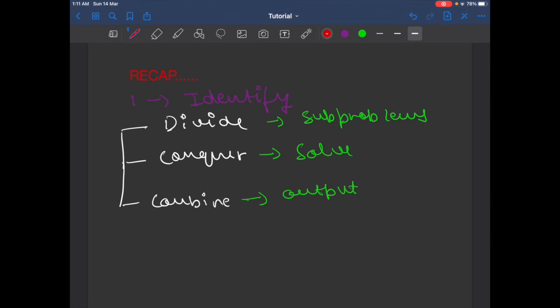Apart from all this, we have learned the time complexity in a generalized manner, which would be T of n is equal to a constant a times T of n divided by another constant b plus a function of n. Keep in mind that the function here, which is an addition to time complexity, is because of this step. Now, keeping all these things in mind, you are now a master of divide and conquer algorithm.